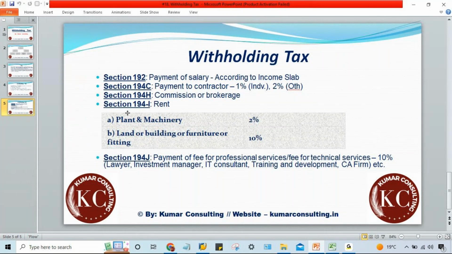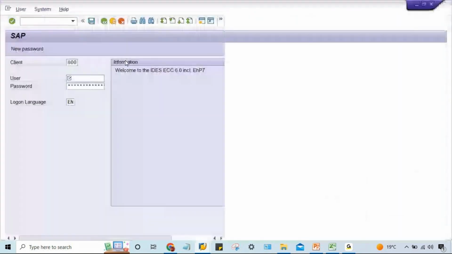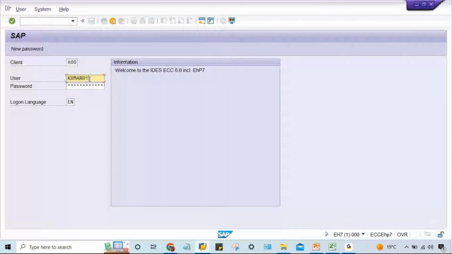Okay. Now, what we have to do, guys, how the configurations are going to be started here in SAP. We'll see this. So the configuration part also, guys, is pretty simple when you talk about the configurations, but the thing is you need to know the logic. Okay.